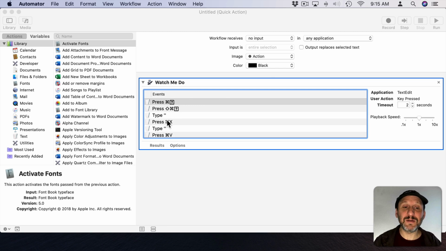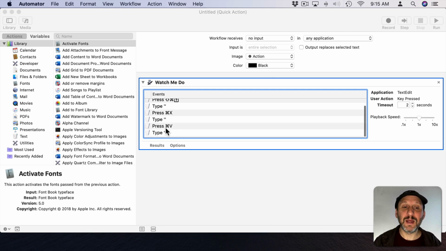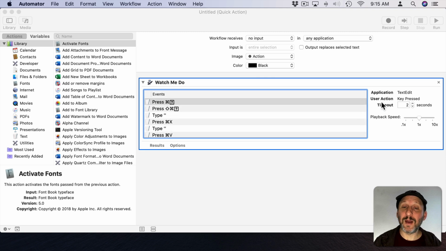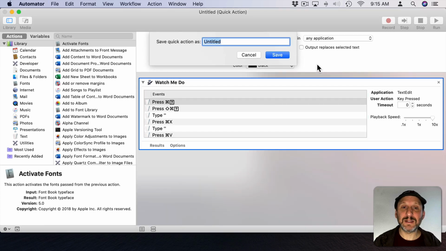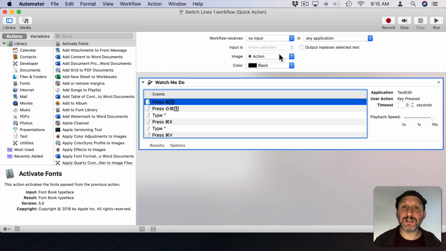Now I've got this series of keyboard commands here that fit what I was doing before. Now I want to set this so the playback speed is maximized because I want it to happen quickly with no timeout or anything. So I'm going to save it like that. Command S to save. I'm going to call this Switch Lines 1 and save it as a quick action.